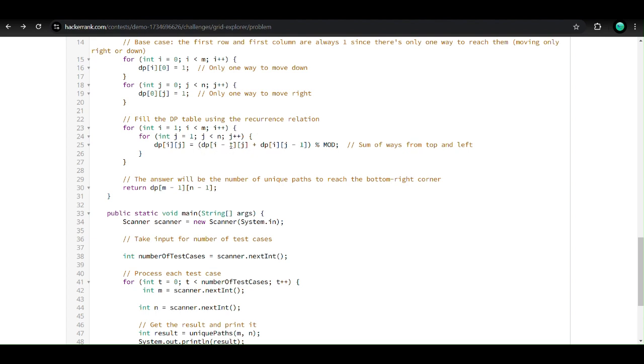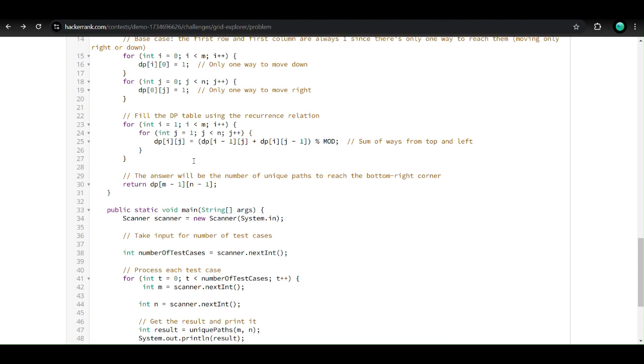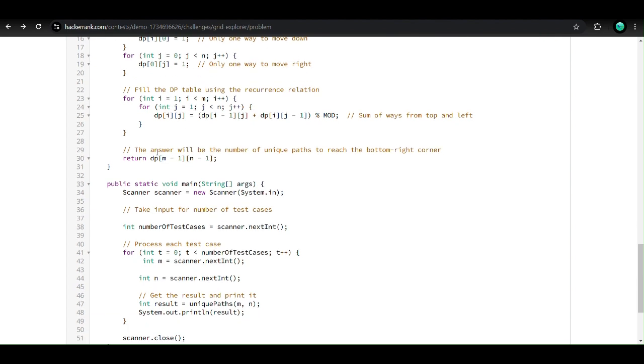So we will add the number of ways of reaching it from the top and the left, and we will assign it to that grid so that it can be stored in that grid. And then we will return dp[m-1][n-1], which is the last grid, which will show us how many ways we can reach the bottom right corner from the top left corner.